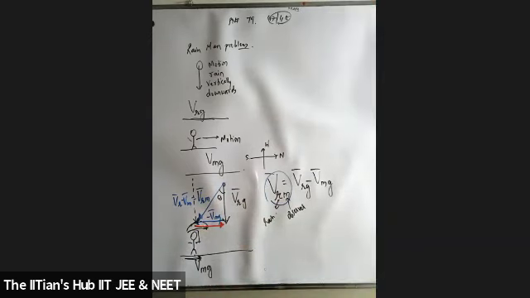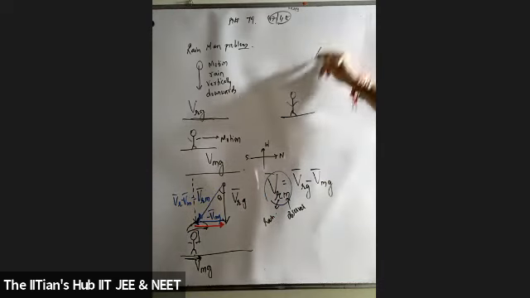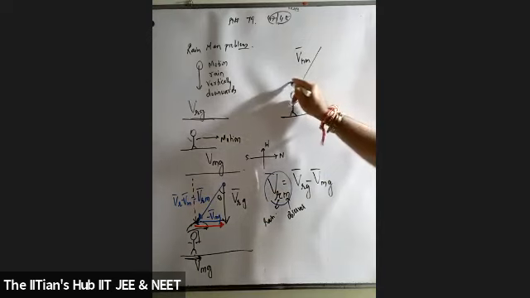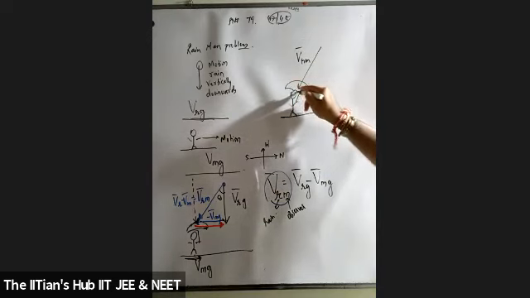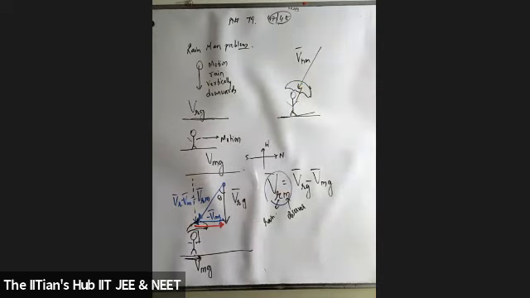So will he keep the umbrella like this? Students, what will he do? You will say, sir, the man is over here, right? If the rain is coming in this direction, velocity of rain with respect to man, he is going to keep his umbrella in this manner. Agreed? Students, is it clear? He is going to keep his umbrella in this manner. What have they asked? The angle formed by the umbrella with the vertical. They have asked me this part of theta, the angle formed by the umbrella with the vertical.